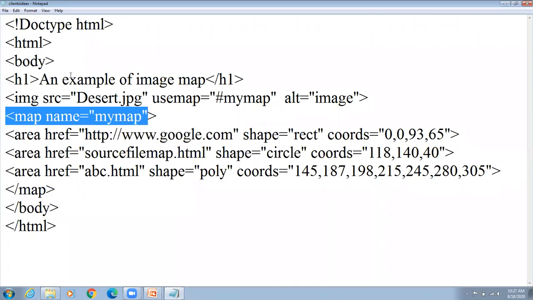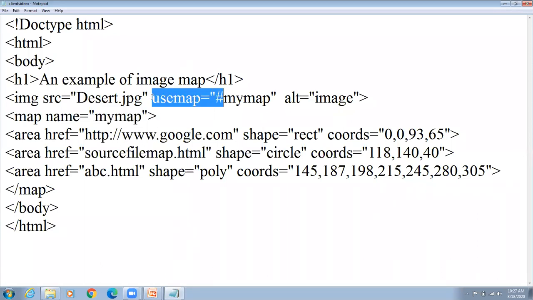Same name, because this map is for only which image? It is a pointer showing which image this mapping is for, the mymap image. So the usemap attribute is equal to hash mymap. Okay, so map name is equal to double quotes mymap.